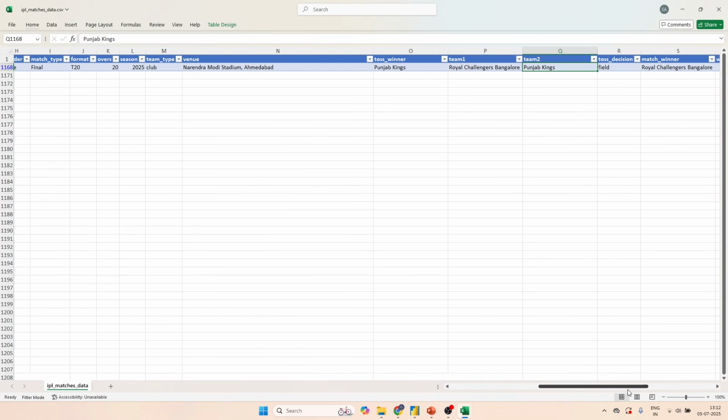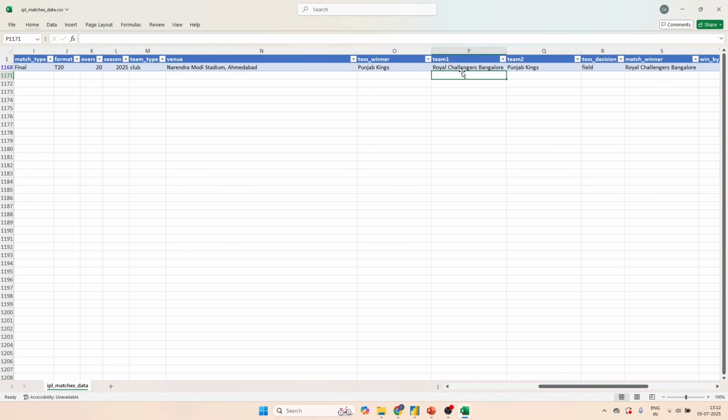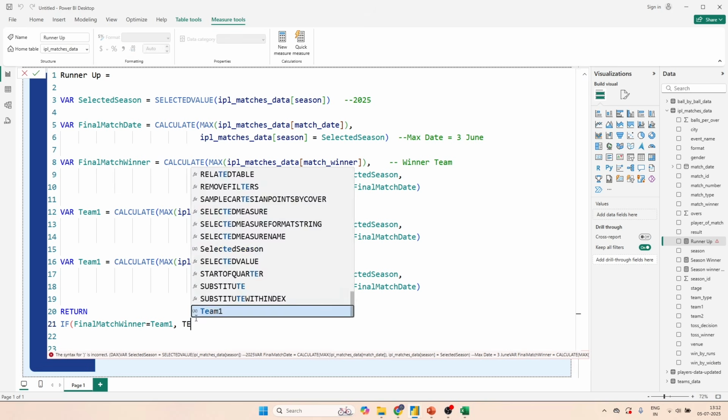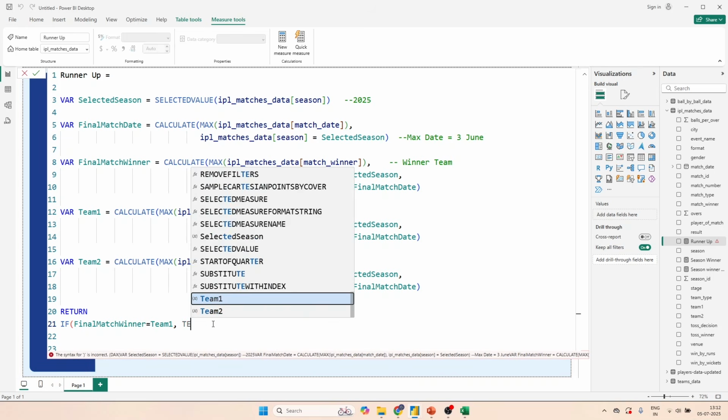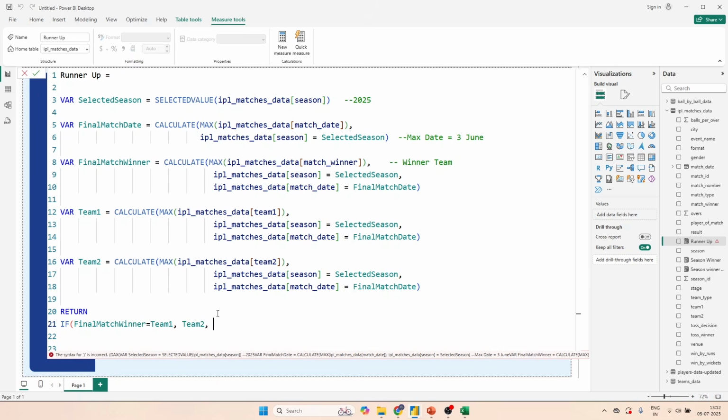So if this final match winner is equal to team 1, then obviously we don't want team 1 as a runner up, we want team 2 as a runner up, right? So we will make it as team 2, right? So this will be team 2, sorry, right? Then it will be team 2, right? What does this mean? That if final match winner is equal to team 1, then this team is winner, then who will be runner up? Team 2, obviously, right? Else it should be team 1,